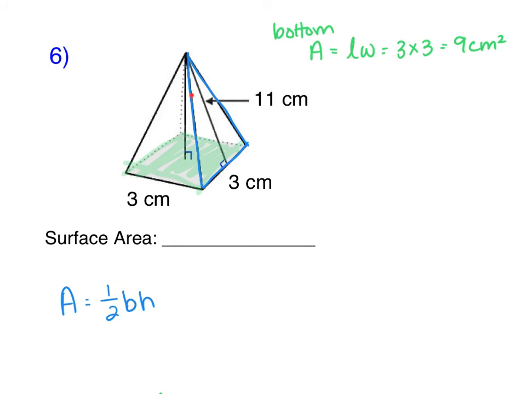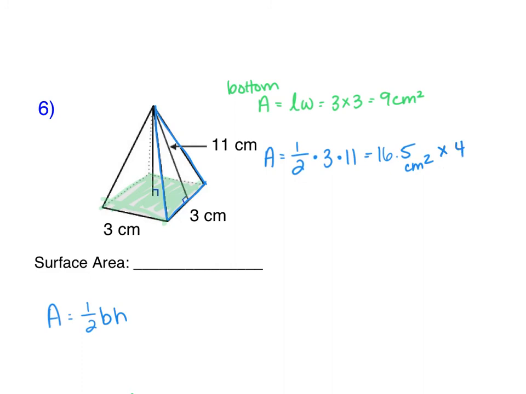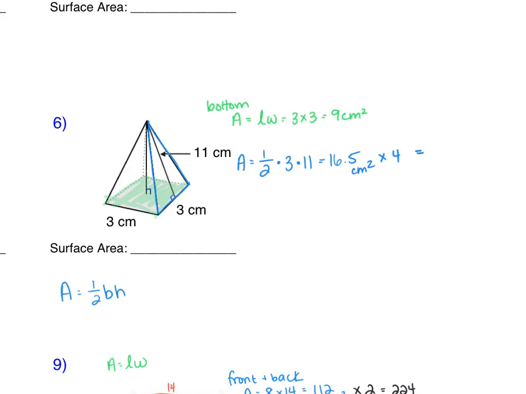One other thing to take a look at here is that each of these faces, our triangular faces, are identical. They each have a base of 3 and a height of 11. So let's go ahead and do these. 1/2 times 3 centimeters times 11 centimeters gives me an area of 16.5 centimeters squared. And I have 4 of those, so I'm going to multiply it by 4, which gives me a total area for my triangular faces of